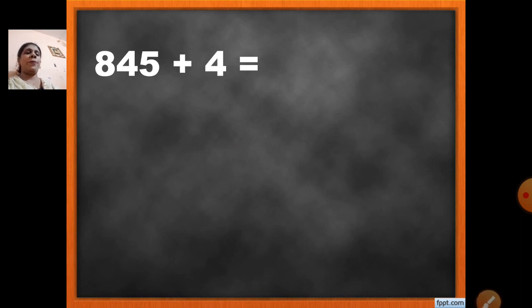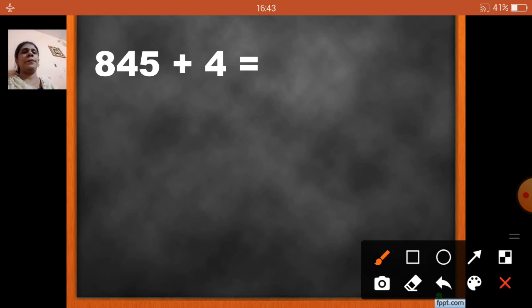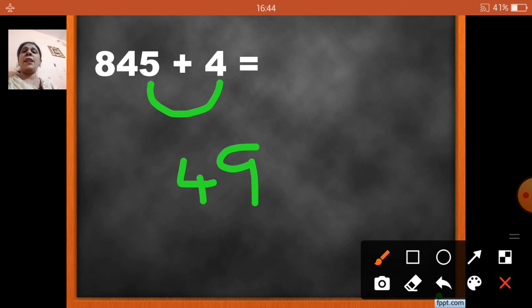845 plus 4. Okay. So, shall we add? Units with units, that is 5 plus 4. So, tell me, children, 5 plus 4 is how much? 9. Correct. Now here we got the answer in a single digit number. That means no carryover. So there is no other number to add with tens place. So 4 plus we'll consider as 0. So 4 plus 0 will be 4. Now there is no other number to add with 8, that is in hundreds place. So 8 plus 0 will be 8. So when I add 845 plus 4, I get my answer 849.